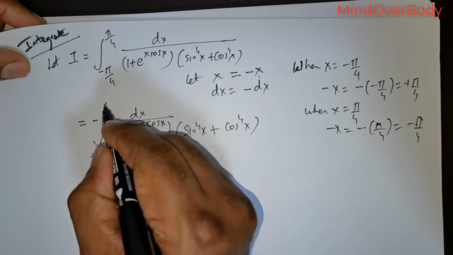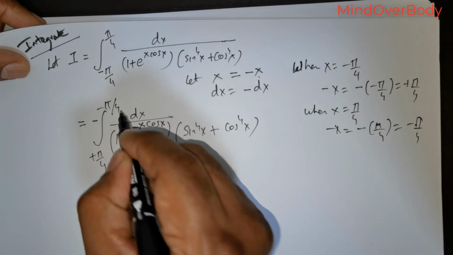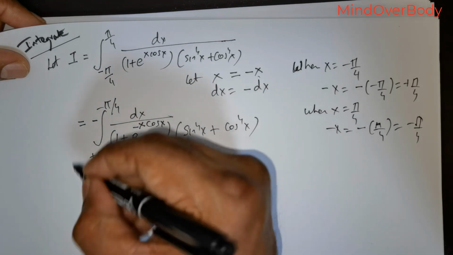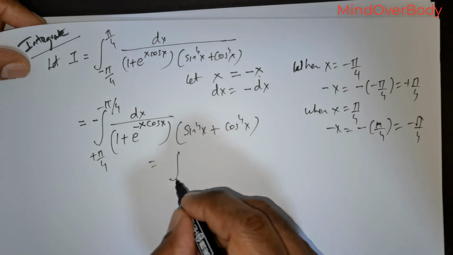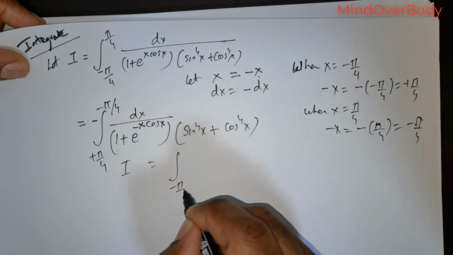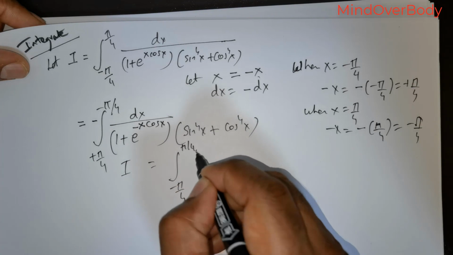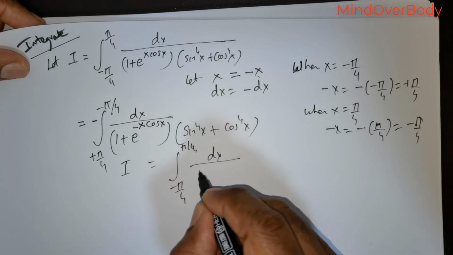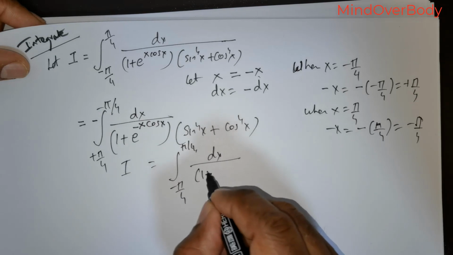So this is going to be negative pi over 4. Now because of the presence of this negative sign, I can flip the limits and rewrite this as I equal to negative pi over 4 to positive pi over 4, and you got dx divided by 1 plus